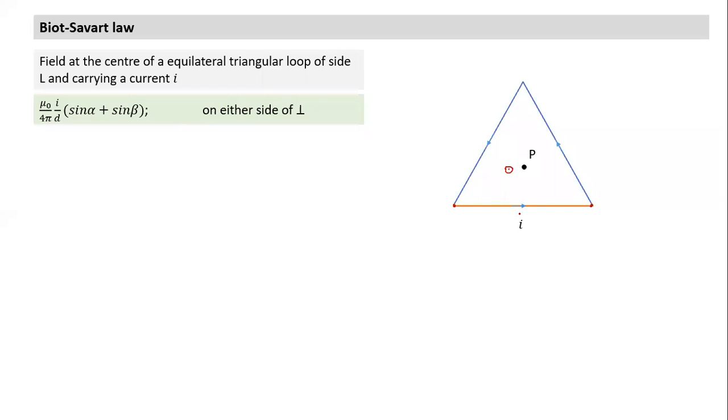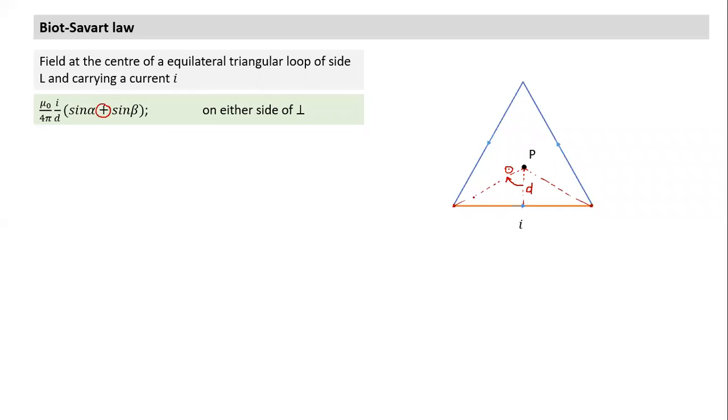So how to find the field here? Step one is to drop a perpendicular. From here I drop a perpendicular, and I have to find this height d, which is easy to calculate. Then we connect two ends of the straight current element. These two angles are on opposite sides, so the current element lies on either side of the perpendicular. When the current element is on either side of the perpendicular, we use a plus sign. If the entire element lies on only one side of the perpendicular, then you take the negative sign, because the length becomes shorter, so we have to take the subtraction. So this is the formula I get to use.